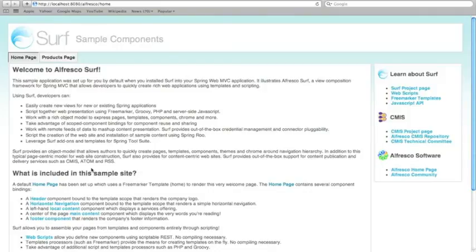And there you have it. So the site launches, and it has some information about how Surf works, how you can find out more information about Surf, and how this site was constructed. As you can see from this site, it gives you a home page and another products page. It gives you some basic components for things like headers and horizontal navigation, vertical navigation, and some simple controls that you can use either straight away or